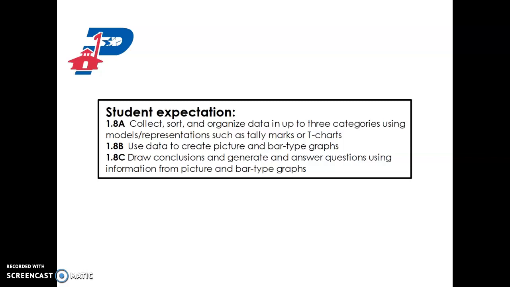Hi guys, today we're going to talk about data. We're going to talk about collecting, sorting, organizing data, and representing them in pictograph and bar graph. Okay,